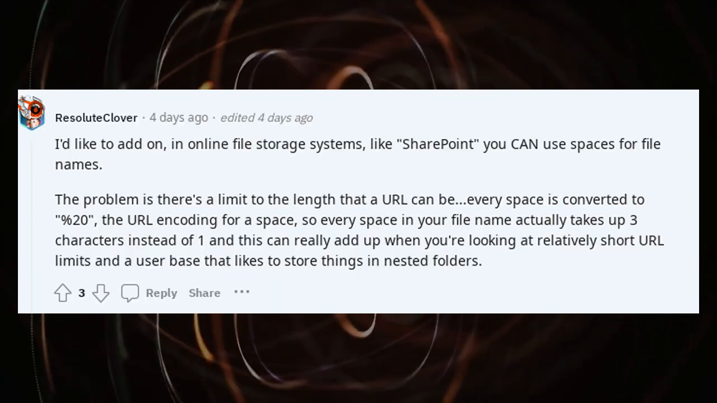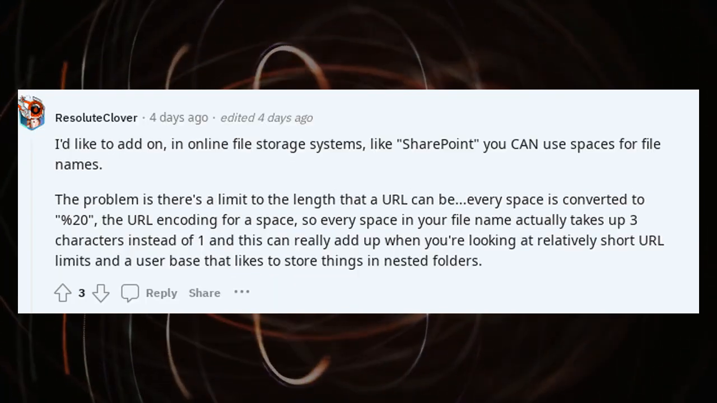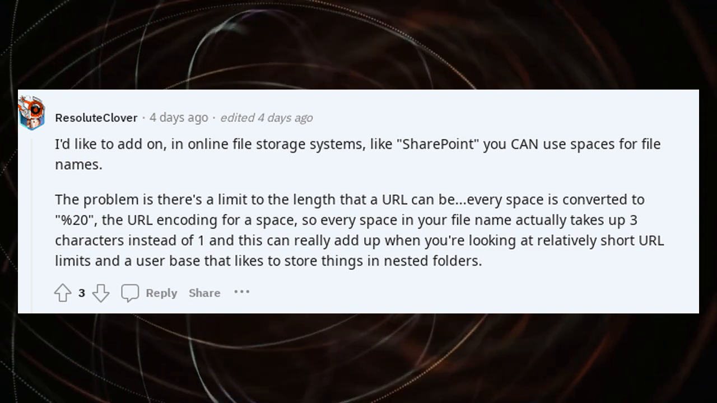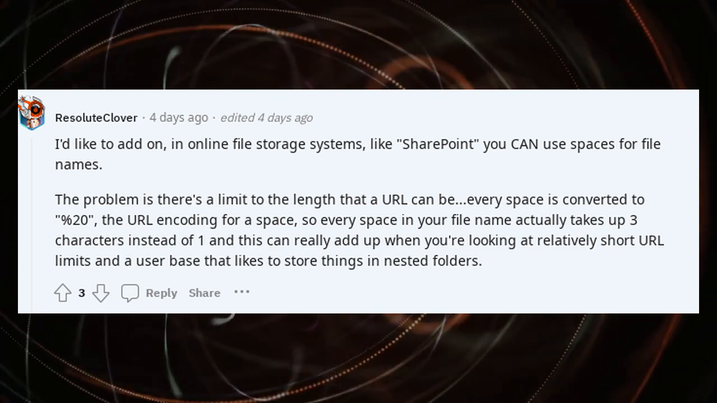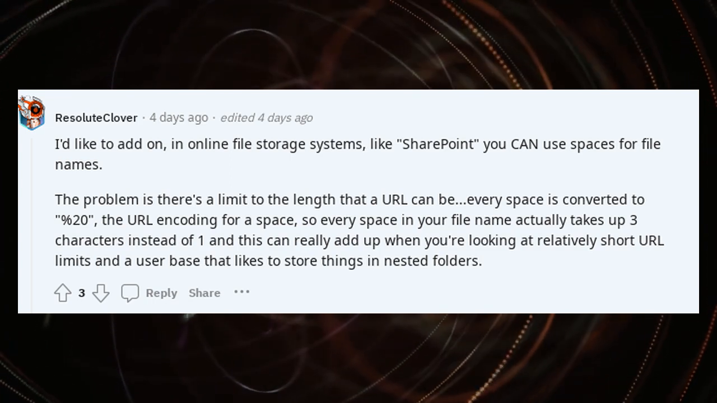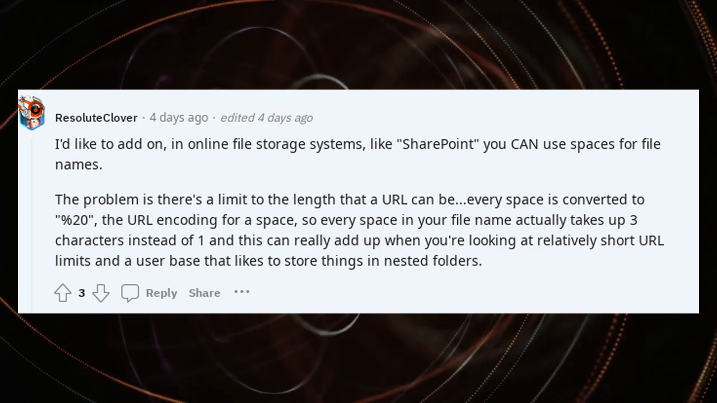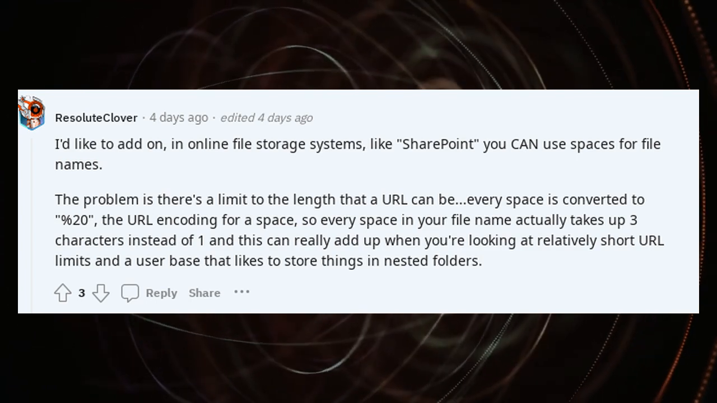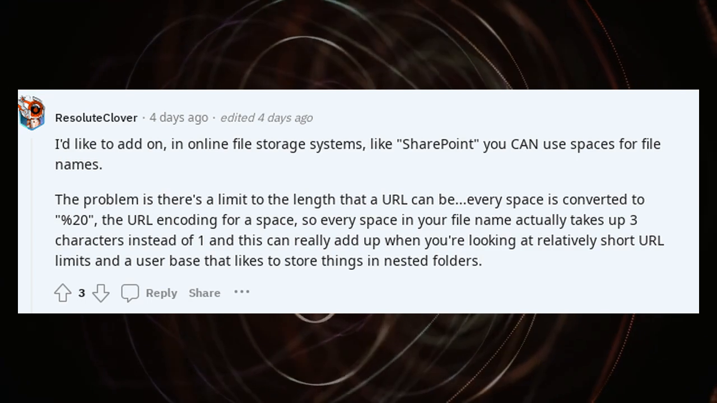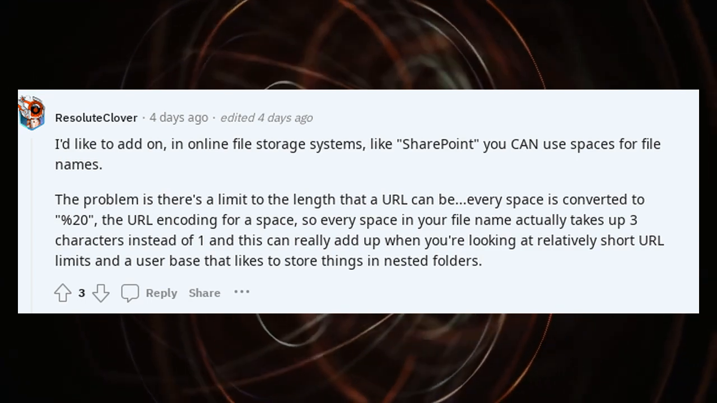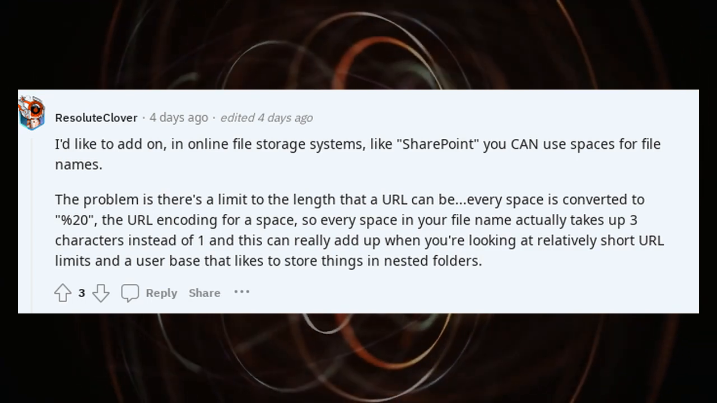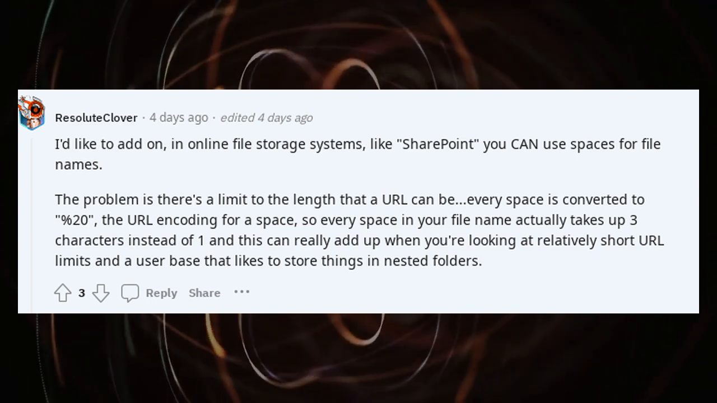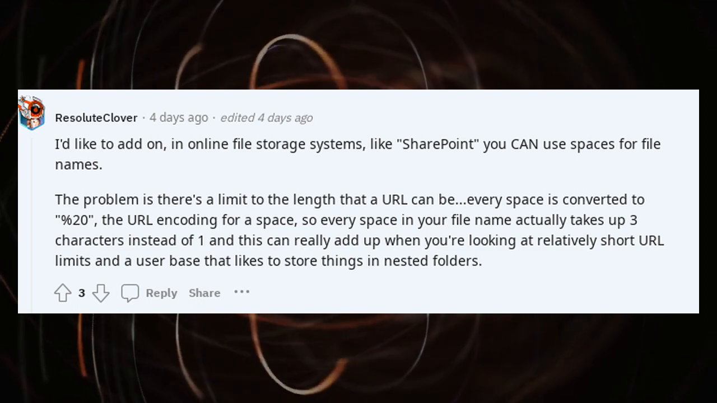I'd like to add on. In online file storage systems, like SharePoint, you can use spaces for file names. The problem is there's a limit to the length that a URL can be. A space is converted to %20, the URL encoding for a space. So every space in your file name actually takes up 3 characters instead of 1, and this can really add up when you're looking at relatively short URL limits and a user base that likes to store things in nested